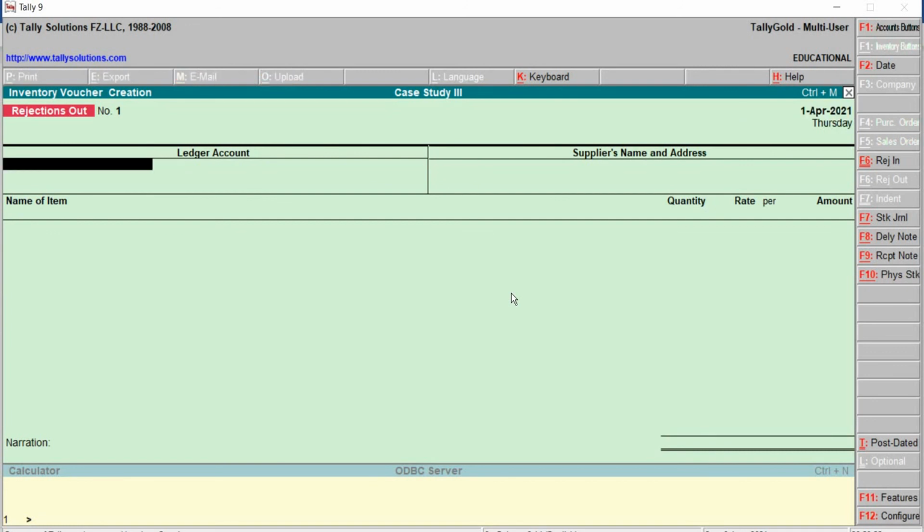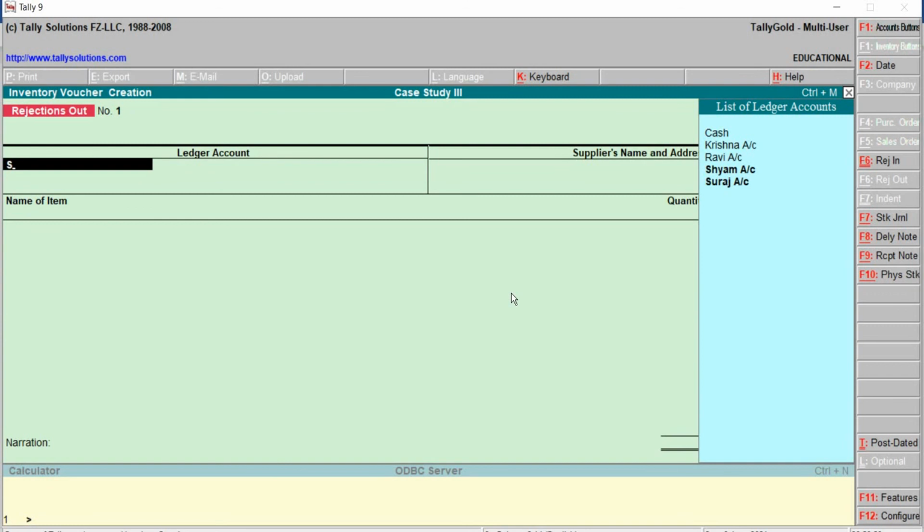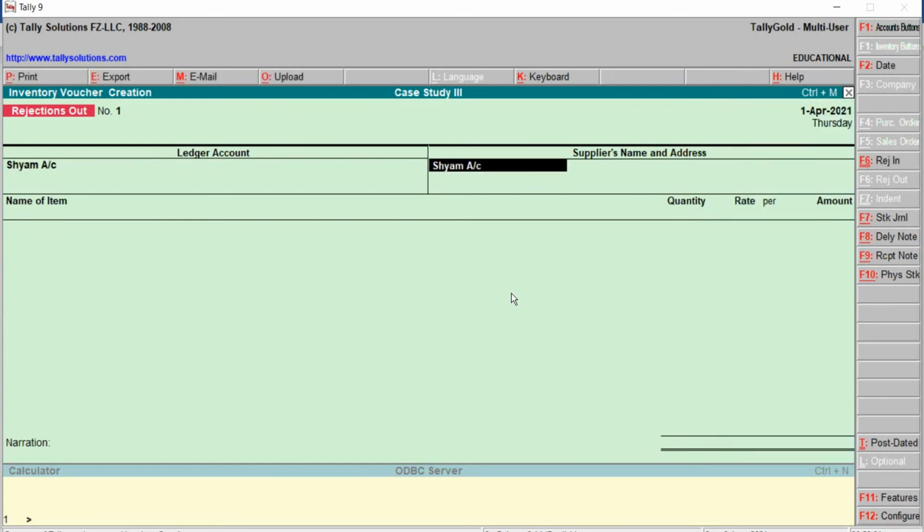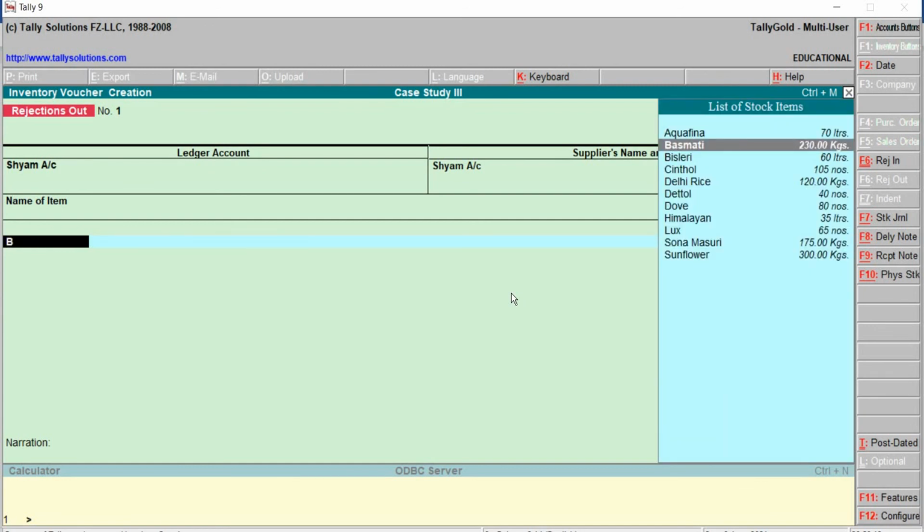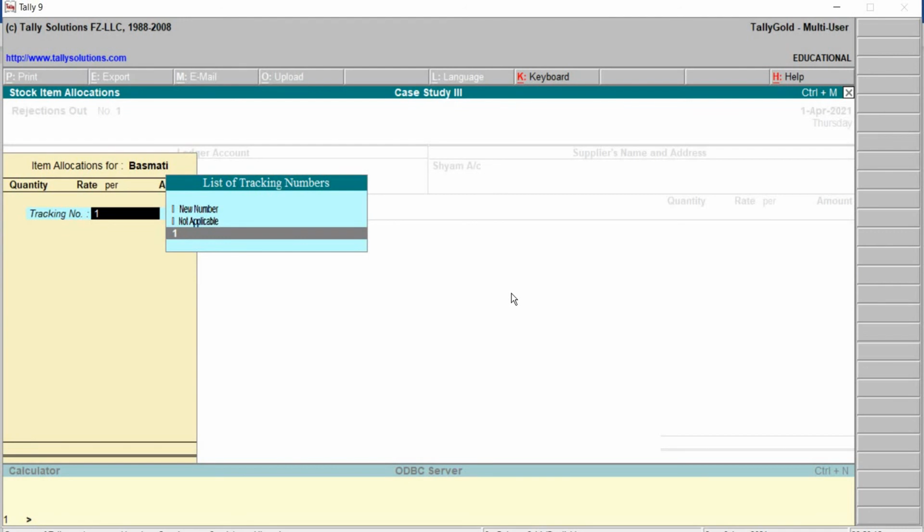Correct. Then ledger name will be Shyam. We can even provide the address, supplier name and the address. Okay. Name of the item, it is Basmati. Tracking number, this will track the purchase voucher.